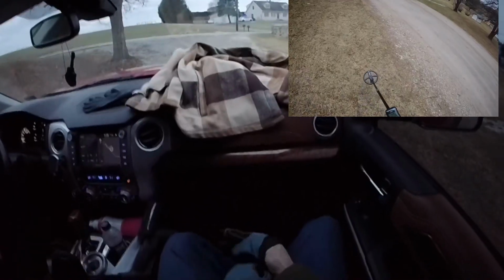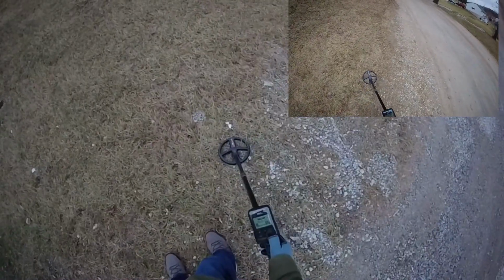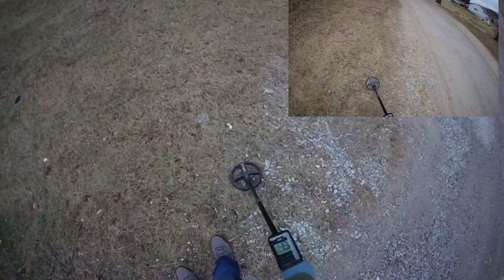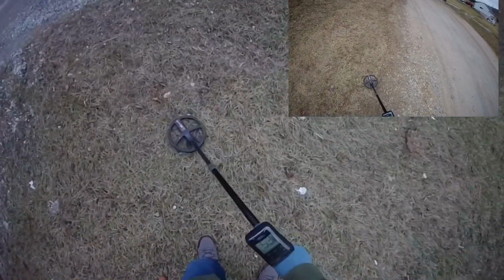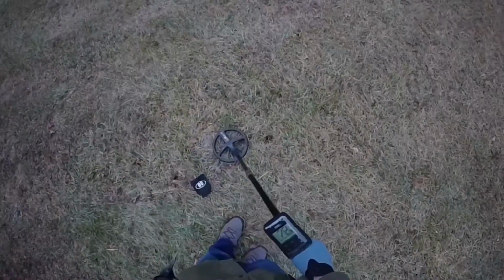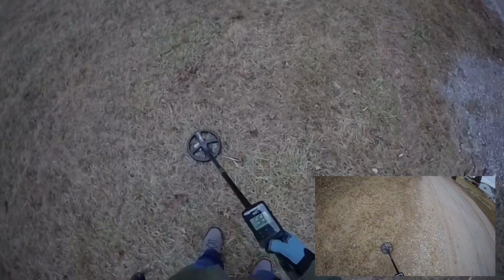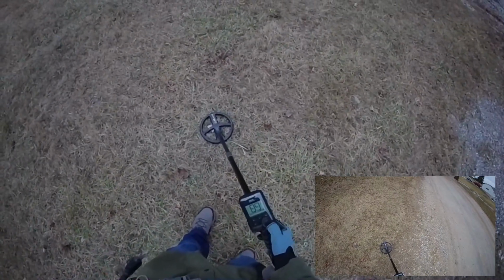A lot of EMI here. Getting a lot of EMI. Let's do a frequency scan. I'm going to use a fast program, XY screen, sensitivity